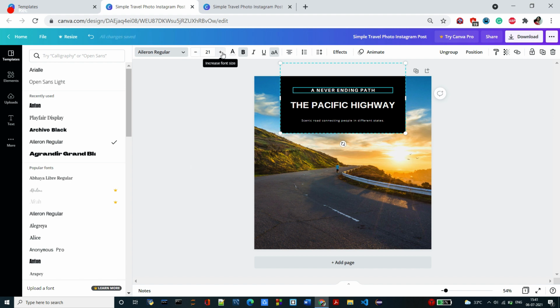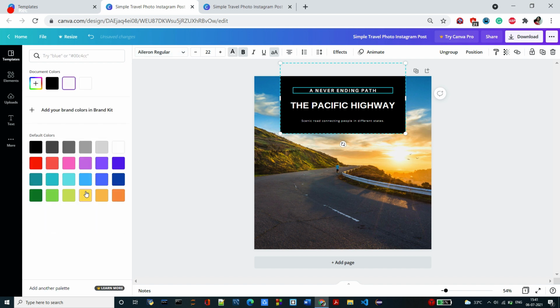Now here you can increase or decrease the font size. And this one is for the text color. If you want the text color to be one of the colors, then you can choose any. I'll choose yellow, and this is to make the text bold, and this one is to make the text italics. Can you see the difference? This is the italic text. Again, this is to make the text underline. Again, this one is for the uppercase. Starting from the uppercase, each letter will start from the uppercase.